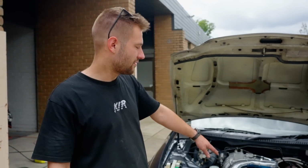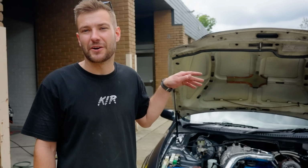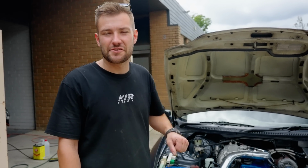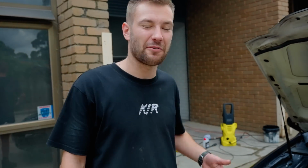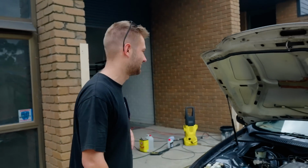She can hit 8k now, which is what the limit is set to at the moment, 8100. Big plans for this thing to rev to the moon, but we'll be doing that when we go back to the dyno and finish the tune. We're gonna go hit the streets and give it a fat burn, see what she can do. We'll give you a quick rev just to prove that the problem is fixed, and it sounds